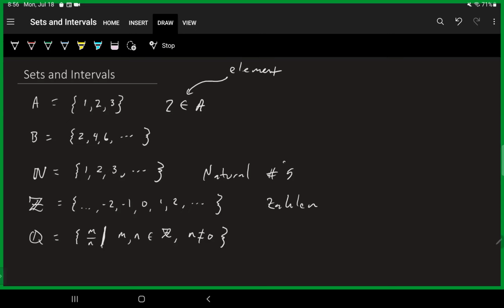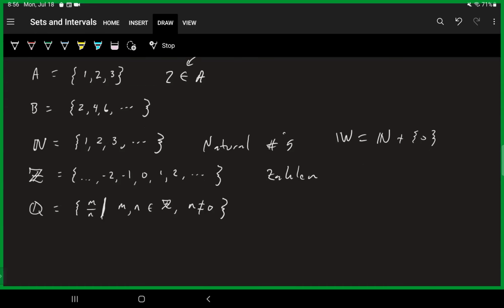We could write the set of whole numbers. Some people would write a double struck W, and you can say that is the natural numbers plus the set containing 0, which is a fancy way of writing things. We're not going to use that too much here. In fact, we're not going to use a lot of these too much in this class. You see them in future classes a lot, so I'm letting you know that they exist.